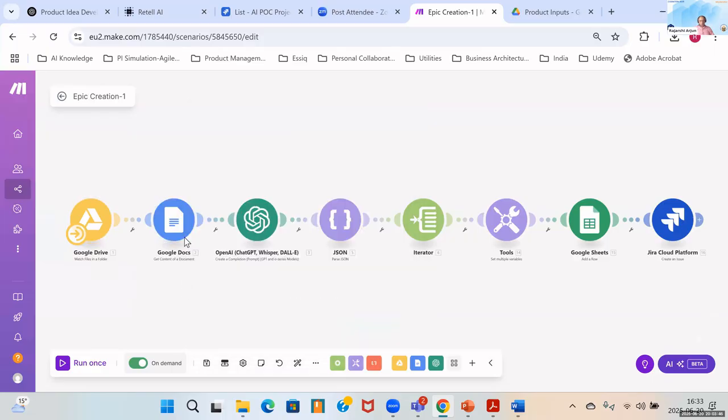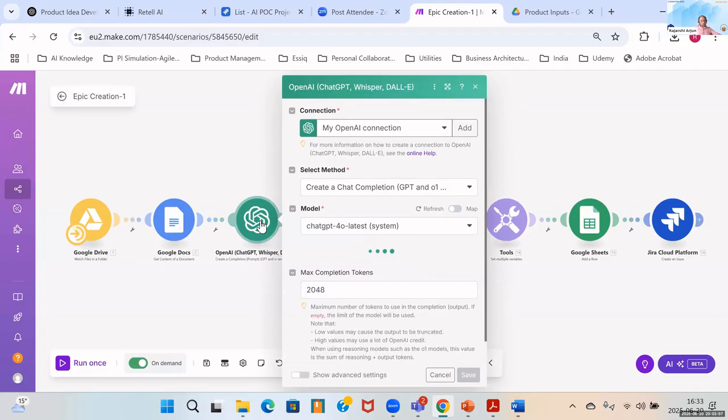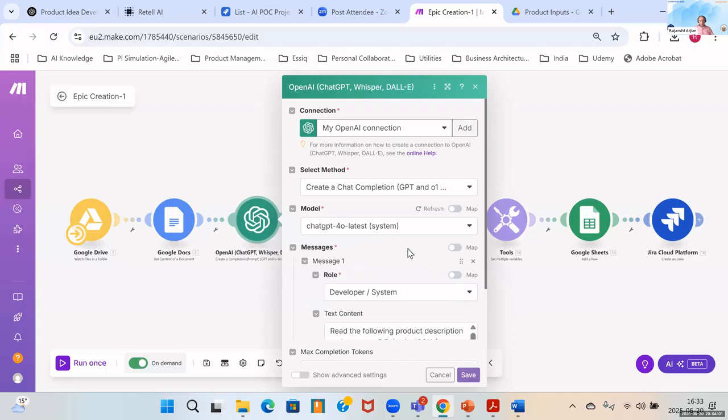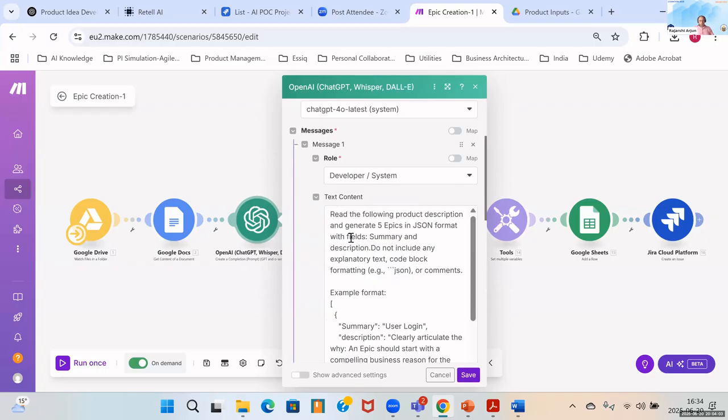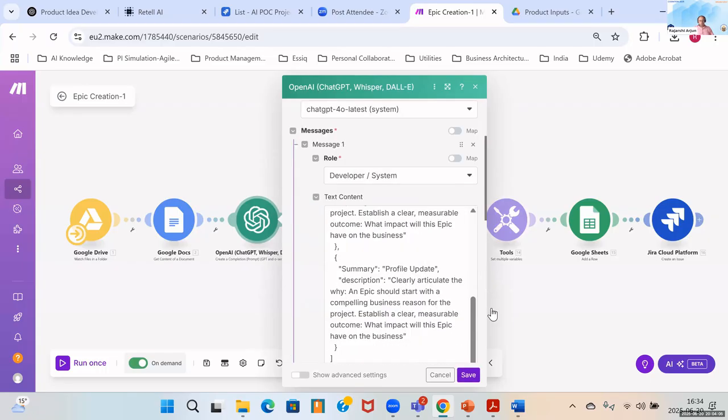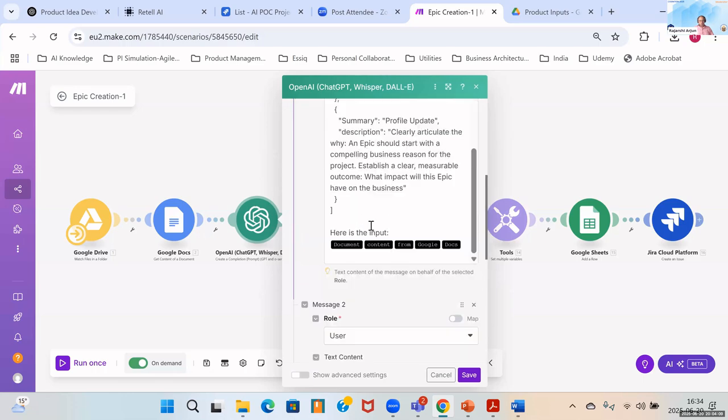And then what is happening is that the document in the Google folder is passed as an input to this. And here is where my prompt is.